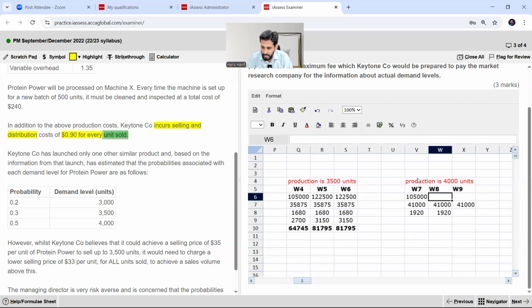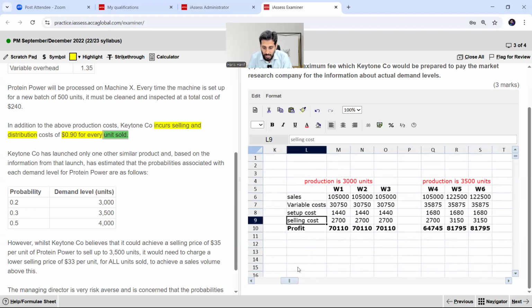Right? So at working number 8, I have to sell is equal to 3,500 units multiplied by 35, and here working number 9 is equal to 4,000 multiplied by 33, right? So that's a very simple point. Okay, now the next one is